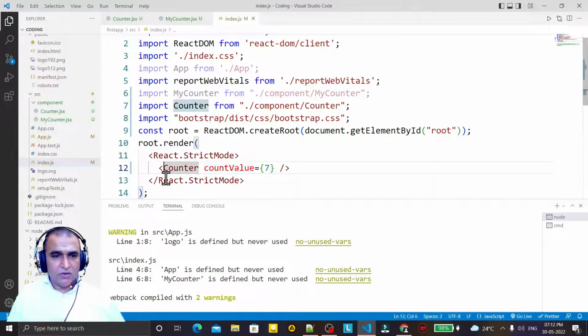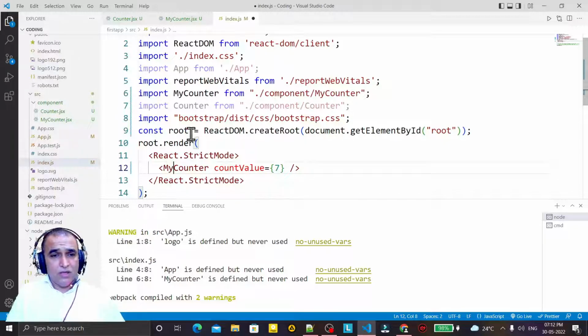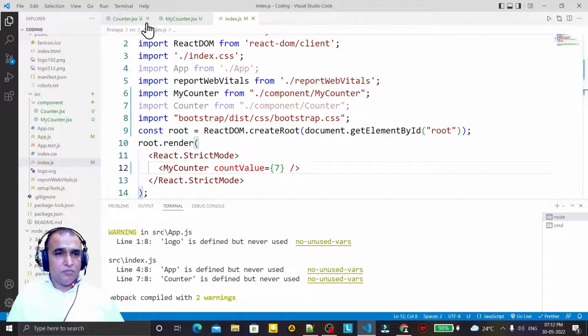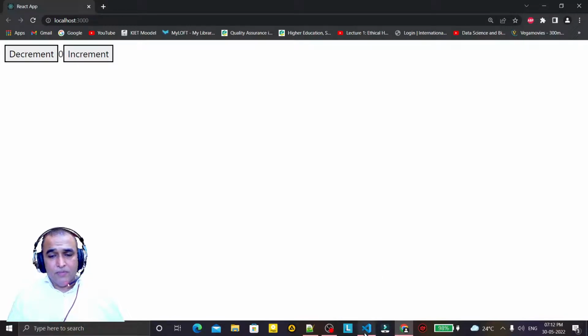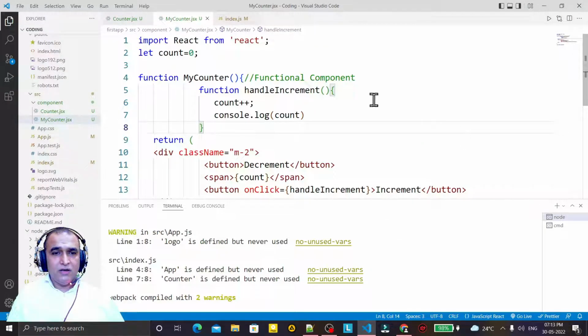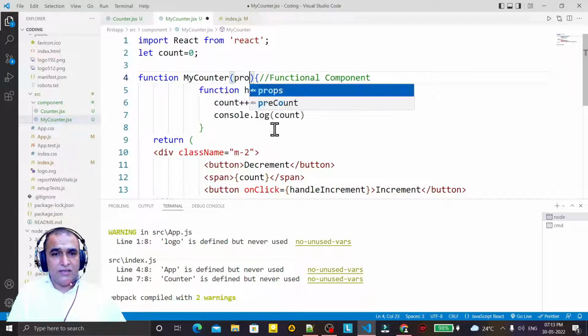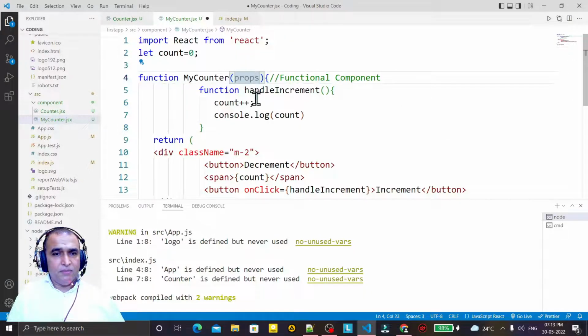So here in place of counter I say my counter, because this my counter is a function component, and I have this also the example. Now I want to pass here, I want to read here. So because it's a function, so it will come here. So I say props here, remember this property will come here,